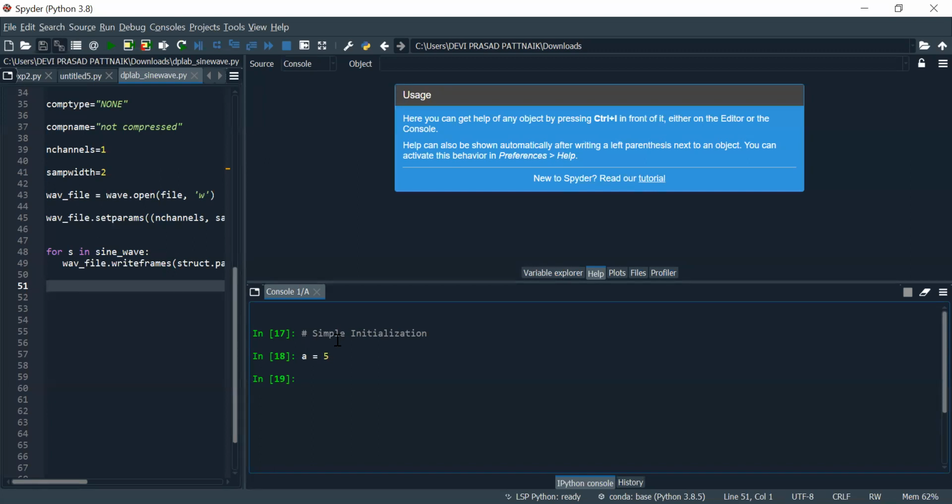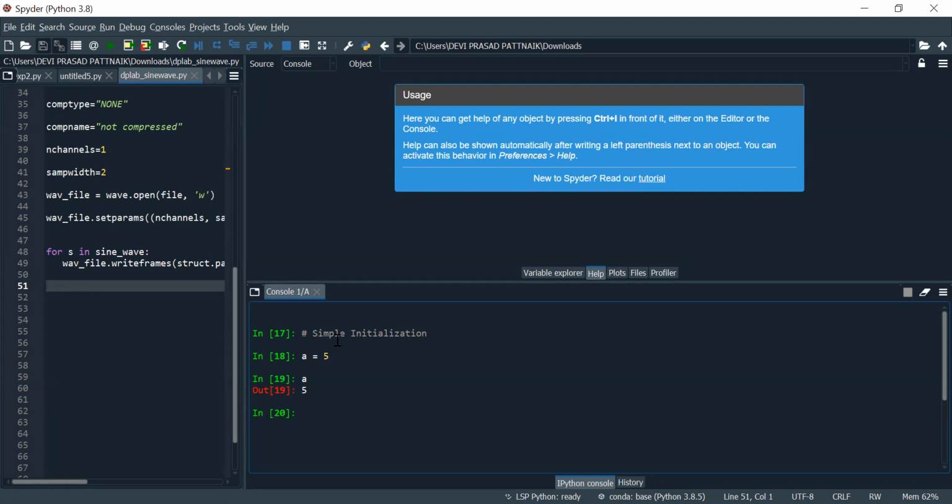Okay. So 5 is stored in a, and if you write a and hit enter, you will see the value of 5 is stored in a. Okay. So as usual, it is case sensitive like other programming languages that you have.